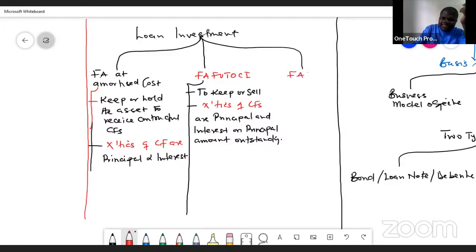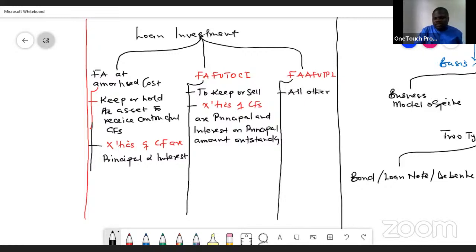Okay. Then we have financial assets at fair value through profit and loss. This one, the standard states all other. If it does not meet any of these two classifications, then it should be under fair value through profit or loss. All other debt instruments are classified as what? Fair value through P&L. But you must understand what we call the option